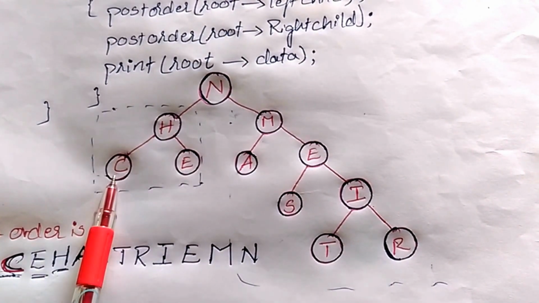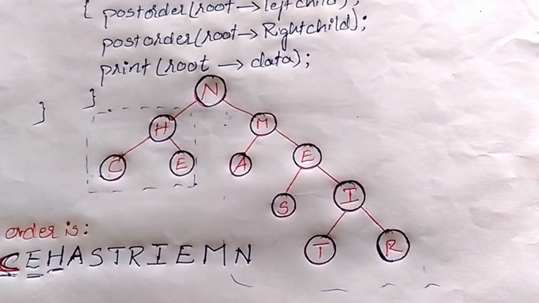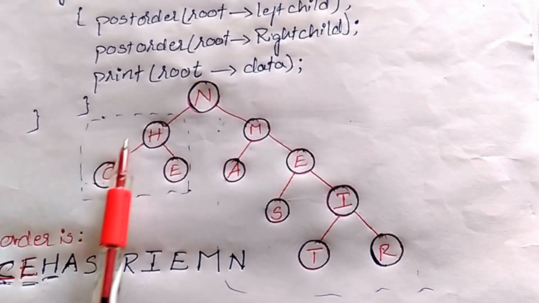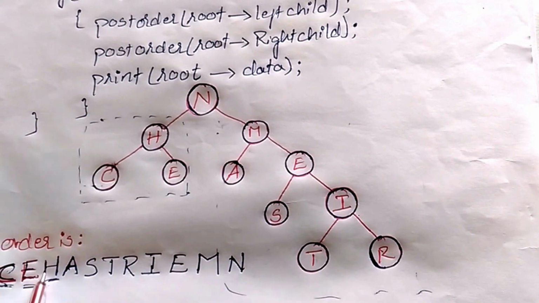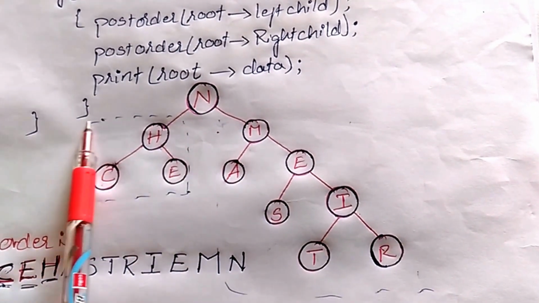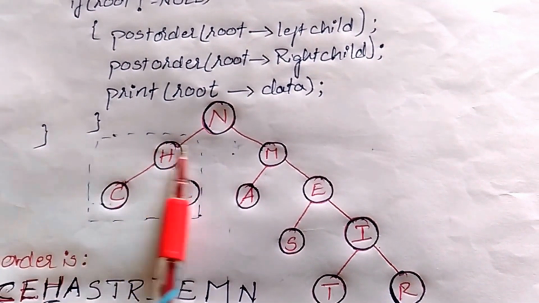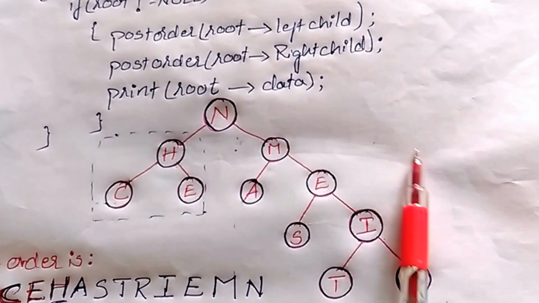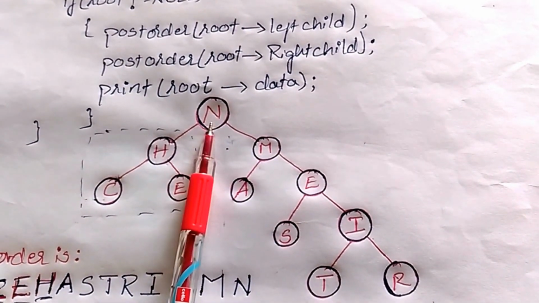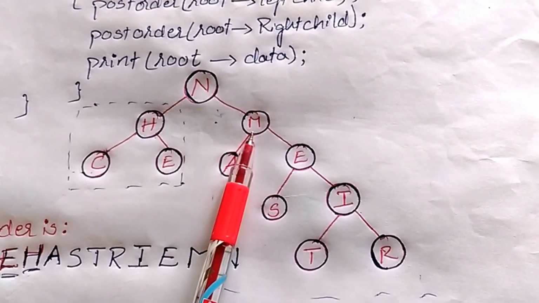So once left child is visited, next right child is to be visited. So the right child is E. After left and right child got completed, its root node is to be visited. The root node is H. So now the left subtree got completed for the root node N. So once the left subtree got completed, next the right subtree must be visited and then the root must be visited. So now I came towards the right subtree and started with the node M.